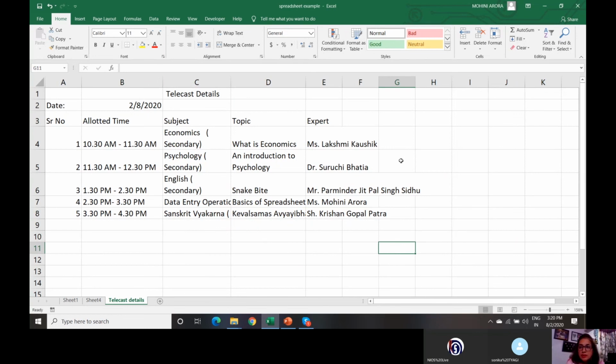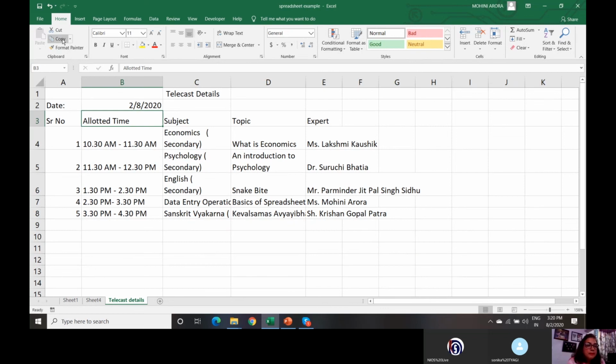I want column G to be as wide as column B is. Means I want to copy the width of column B to column G. So how do I do that? I click on column D.